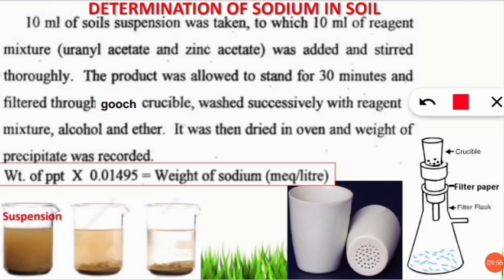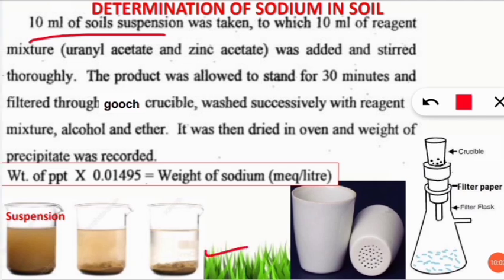You should take 10 ml of soil suspension. So what is this suspension? Previously, mostly what we used to do, after settling down the soil, we used to take the aliquot, that is the upper part of the beaker. Next we have to take the suspension. So why suspension? Suspension means actually the unsettled mixture. If you are adding the water and soil, we'll get this one in the first stage. So this is called a suspension.